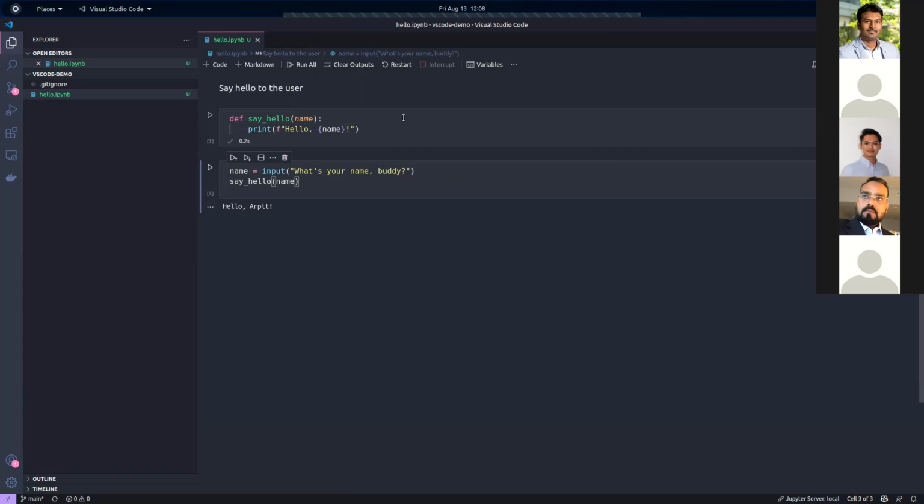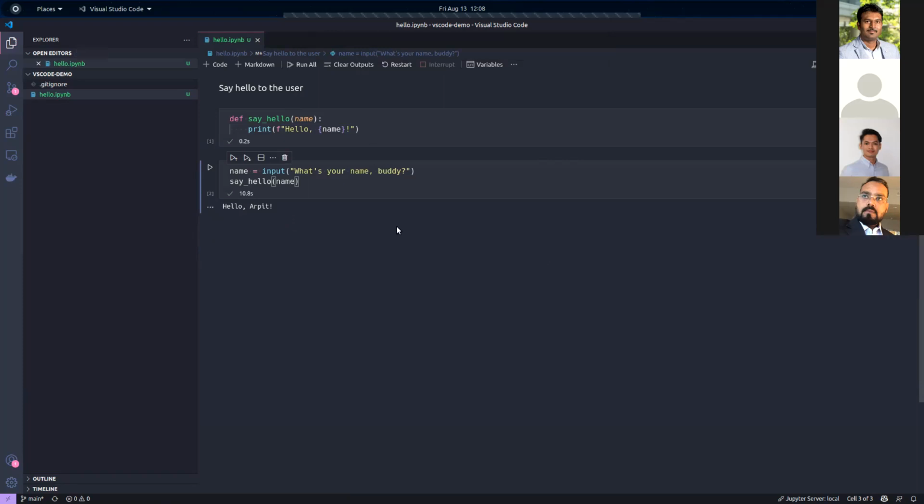I'll just execute this cell and run this. So this cell just asks the user for a name, and it'll just print that name. So I type my name, right? So it works. So my code is functional, right?